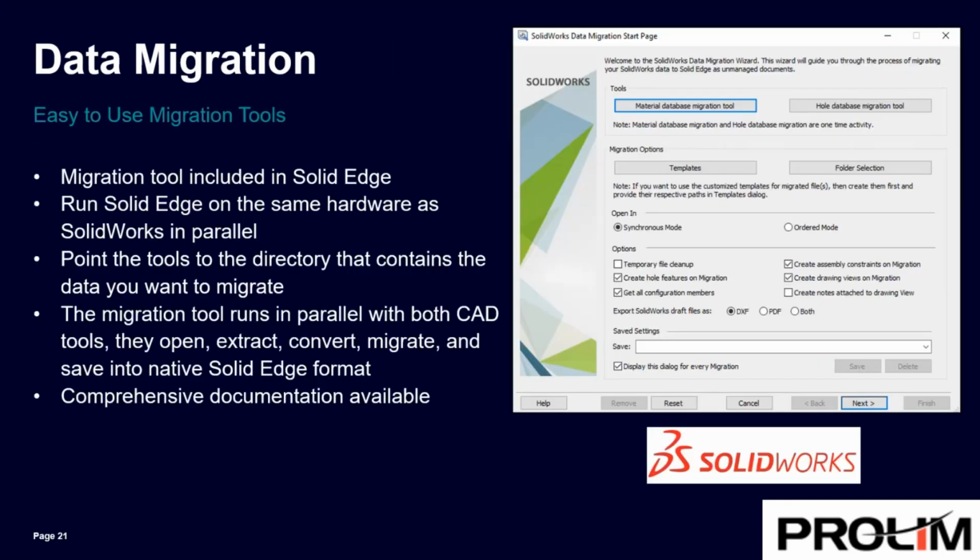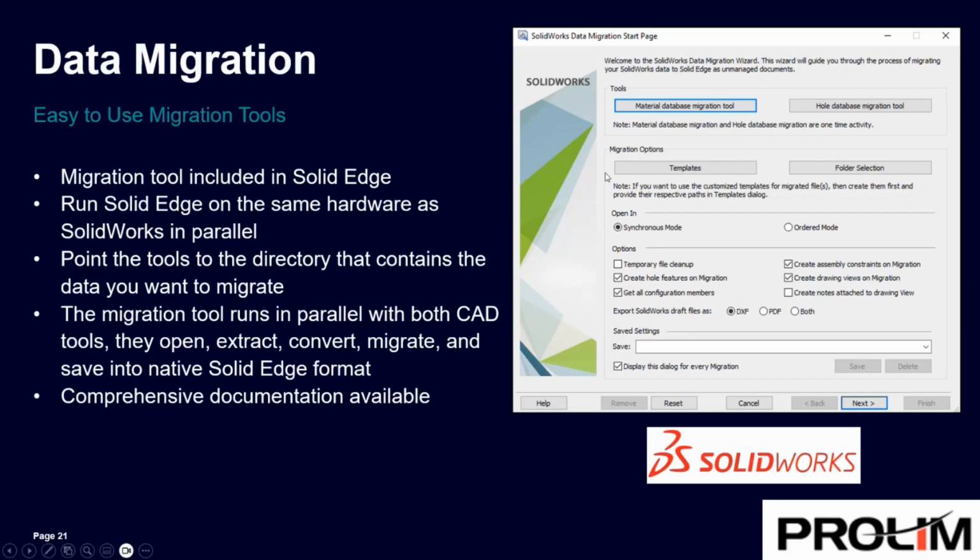Okay, so we'll just talk briefly about the actual data migration tool. Again, we're going to pick on SolidWorks today. We have SolidWorks legacy data, and we want to start using this in Solid Edge. And we want to maintain all the associativity, the file properties, everything. So when we choose that SolidWorks data migration tool from the C program file Siemens installation location, you can see